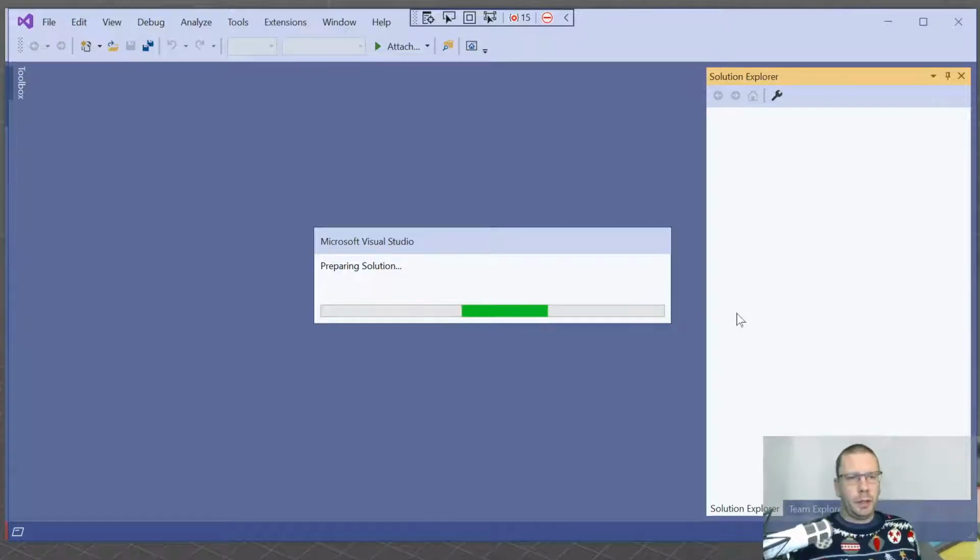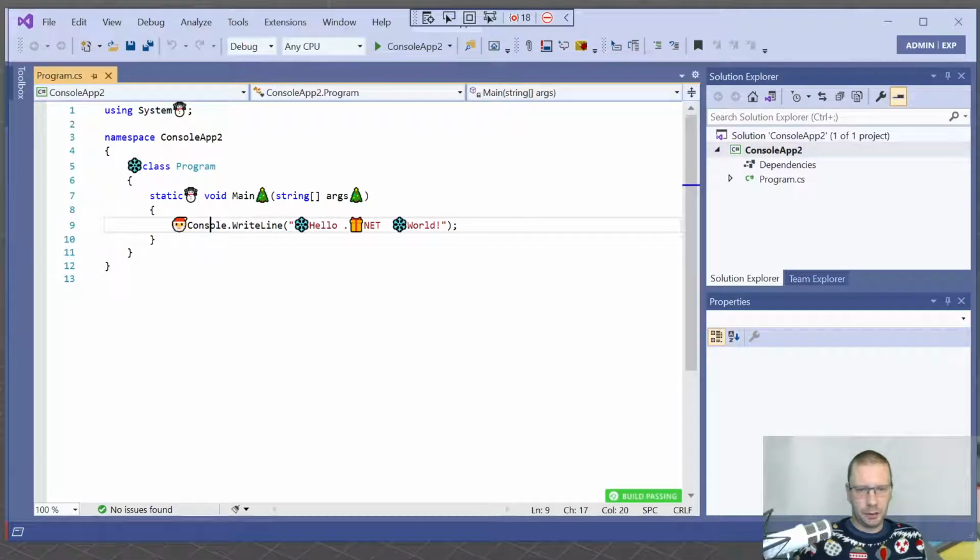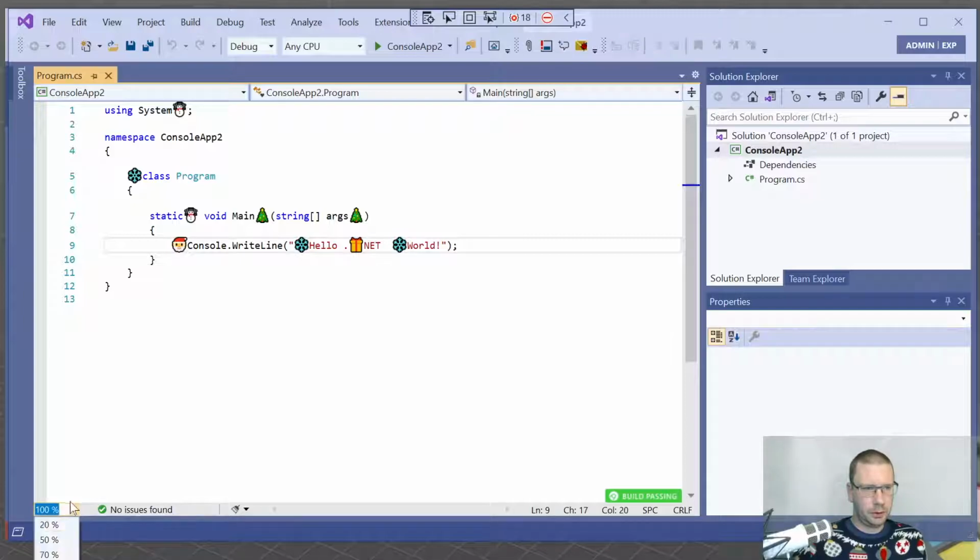Wait patiently while that loads. And here we see down in the bottom corner, I'll try zooming this in again,